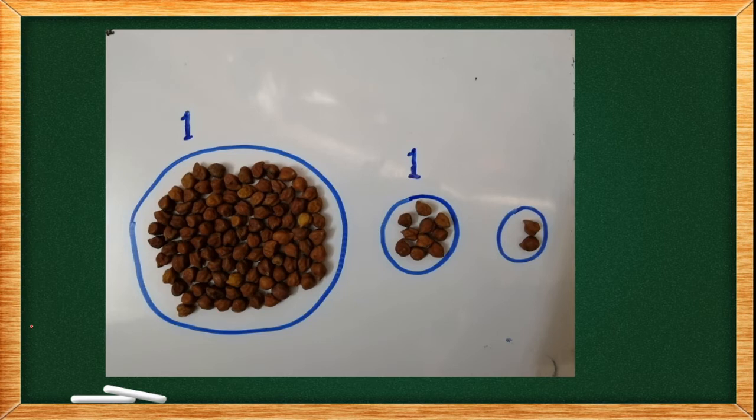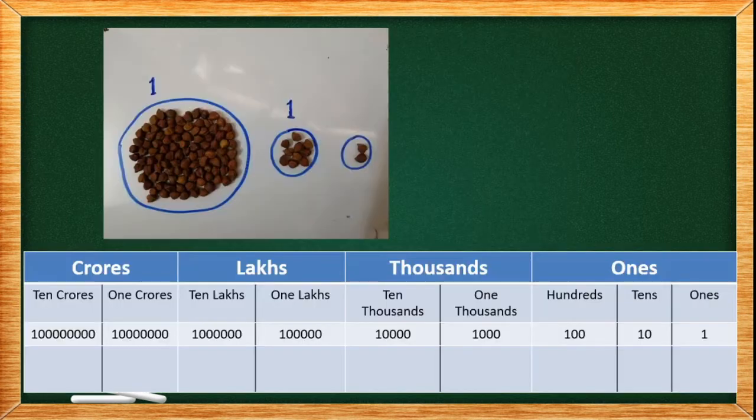So I can write this in the place value chart as 100, 10 and 2 ones. So it becomes 112. So when we count any object,